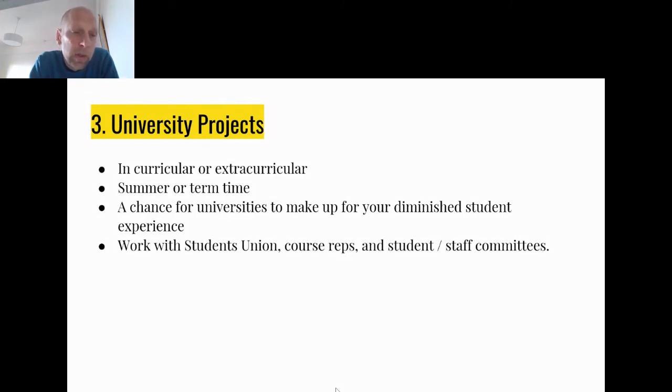And what you could do is you could approach the student union at the university that you're at, or if there are course reps for your course or department, speak to them about how this could be raised with your department or student staff committees. For those of you who are current students, you need to understand that you have a lot of influence, and universities are really desperate to do what they can to maintain student satisfaction. And this could be a way of doing it, providing opportunities with the links that universities have got. And it's something we've done at Sheffield. And if your university wants to speak to us about how we've done it, then they're more than welcome to contact me. So if you could move on to the next slide, Laura, please.